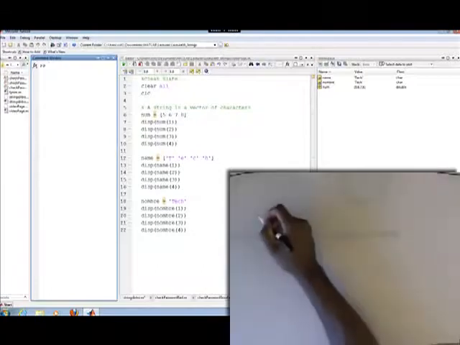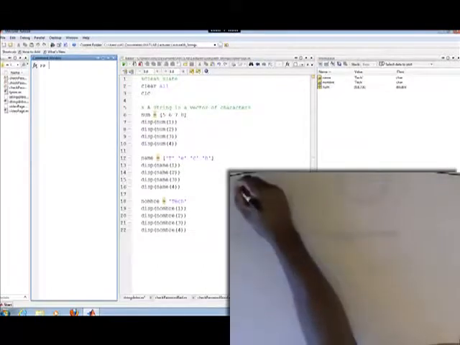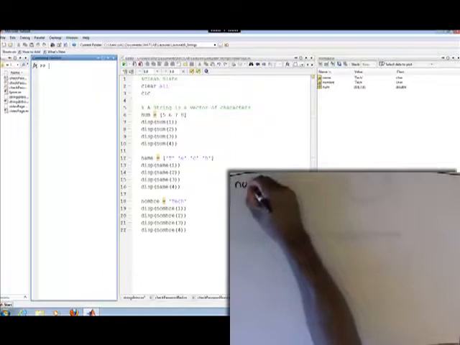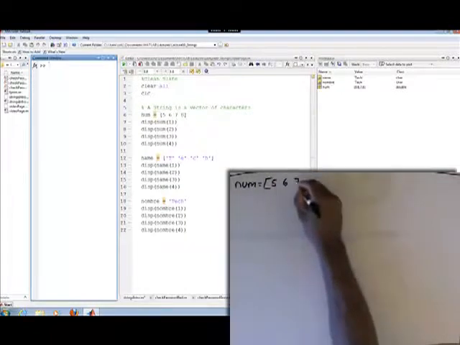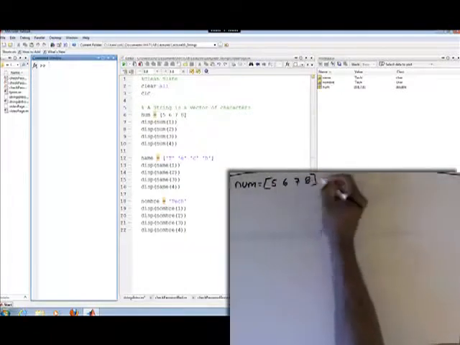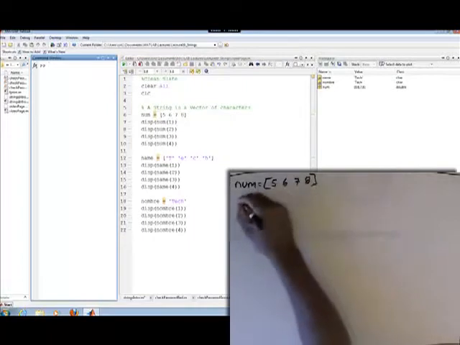Example of strings being vectors of characters. I'm going to show three things here. I'm going to show a vector of numbers, 5, 6, 7, 8. And I'm just going to do a simple display